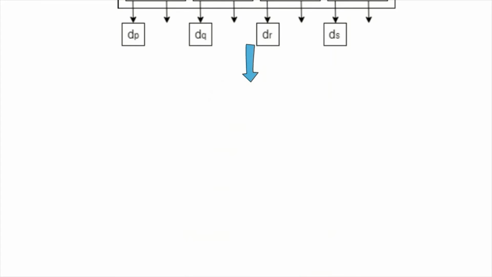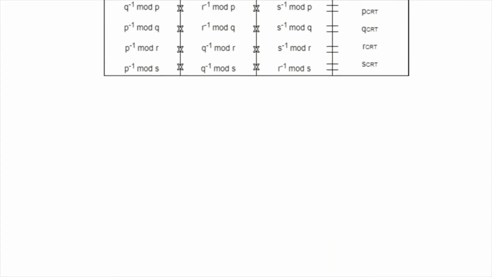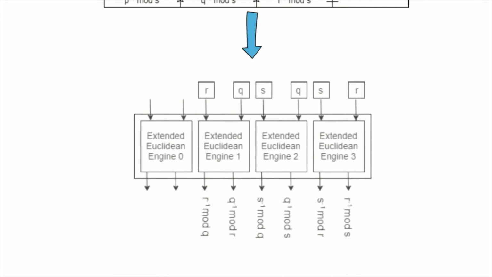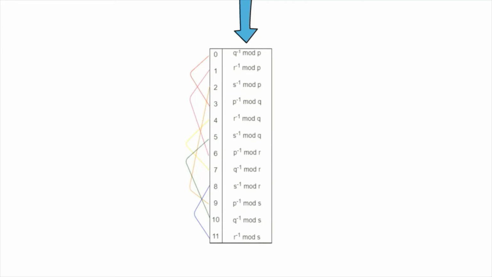To calculate message M in decryption, we use the Chinese remainder theorem. To calculate CRT content related to P, Q, R, S, we have a unique mechanism. To calculate each multiplicative inverse component of the figure, we use a 4-extended Euclidean engine 2 times. The result coming from, as previously shown, will be stored in an array in Verilog shown here. However, if you are going to perform each step for every RSA initiation, it would not be efficient because we need to process the 4-extended Euclidean engine 3 times.